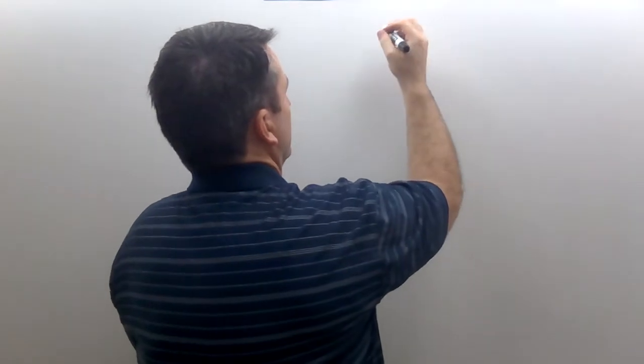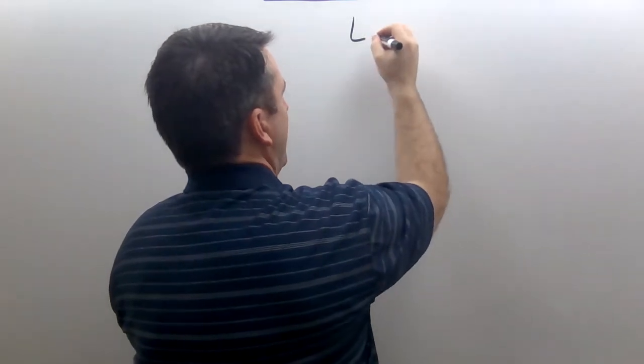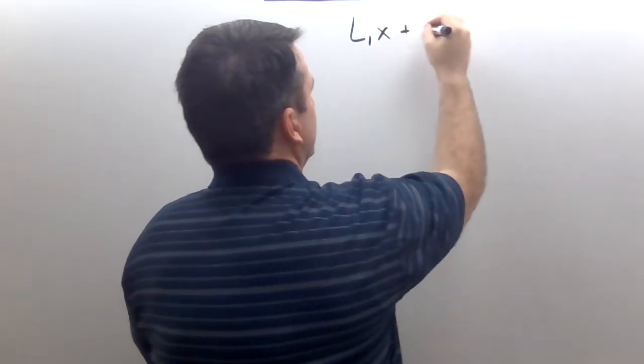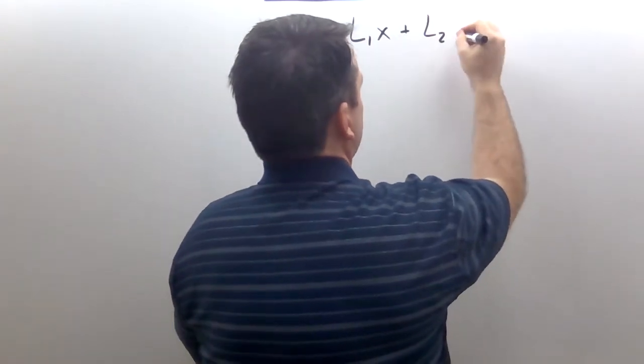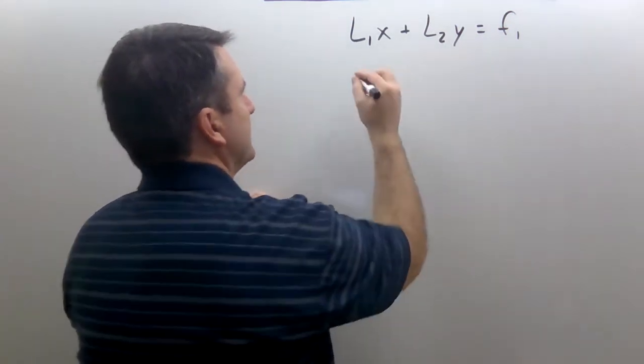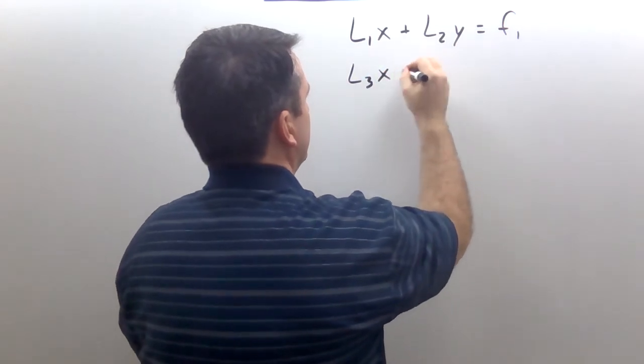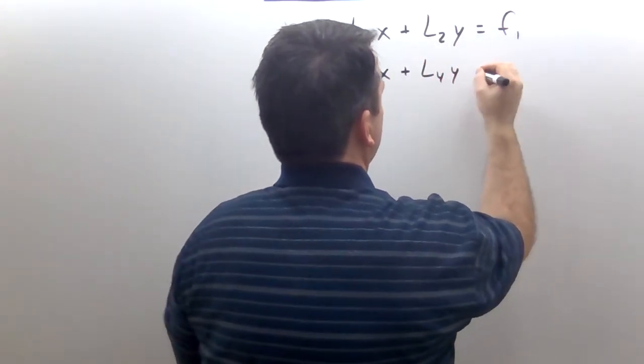All right, last time we talked about operator form, and we used the elimination method to solve systems of differential equations. To start with today, I want to point out something that's generally true about these types of systems of equations. So we've got some linear operator coefficient on x, let's call it L1, and then some other linear operator coefficient on y, L2, is equal to some function, f1. And then we'll do the same thing for some other equation, call this L3 x plus L4 y is equal